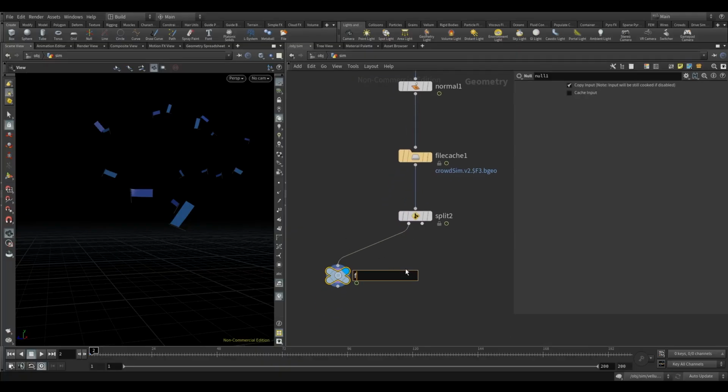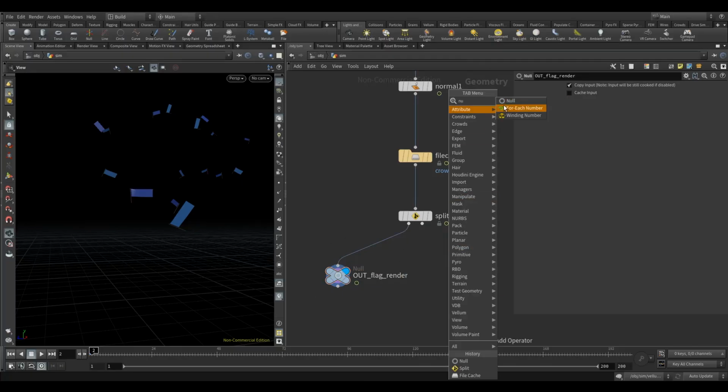So let's call this flag. And oops, well, I should put out, always a good idea. Out, flag, render. Okay, and then I'm going to drop another null here